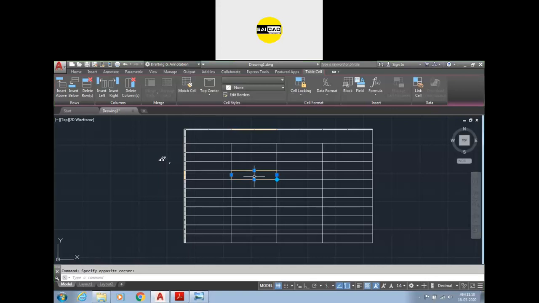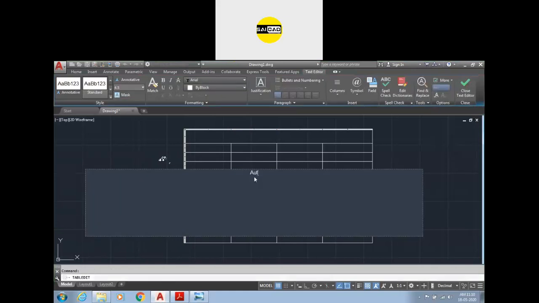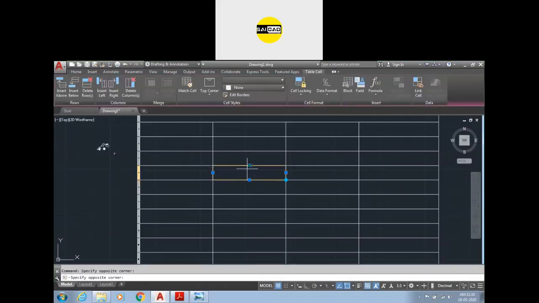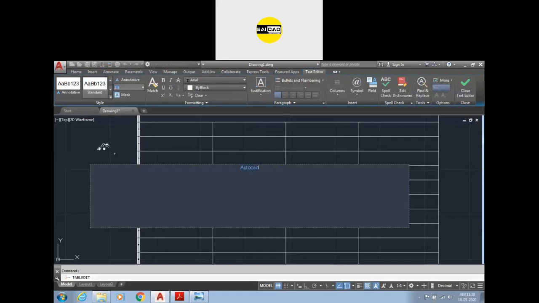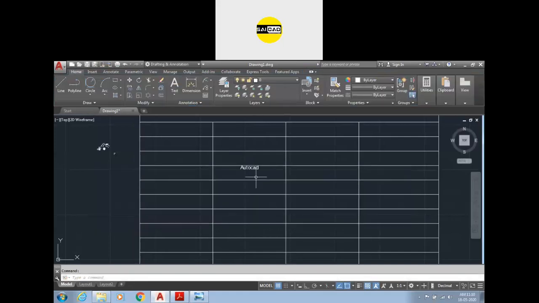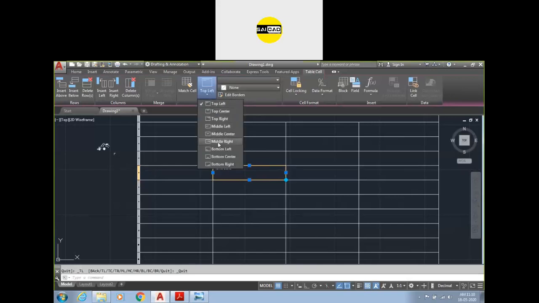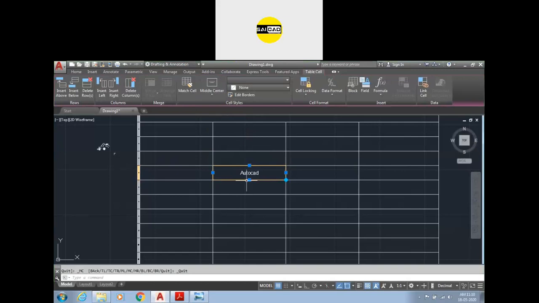Like I want to type something. I want to type AutoCAD here. I'm going to click outside. You can see the text is very small, so I'm going to select the text, define the height to 20, and click outside. Now you can see we have some value, and if we go to the cell, we can see the alignment is right now top center. We can use the top left. In most cases it will be the middle center. So the alignment will be the middle center or the middle left, like that. Middle center is the better option.